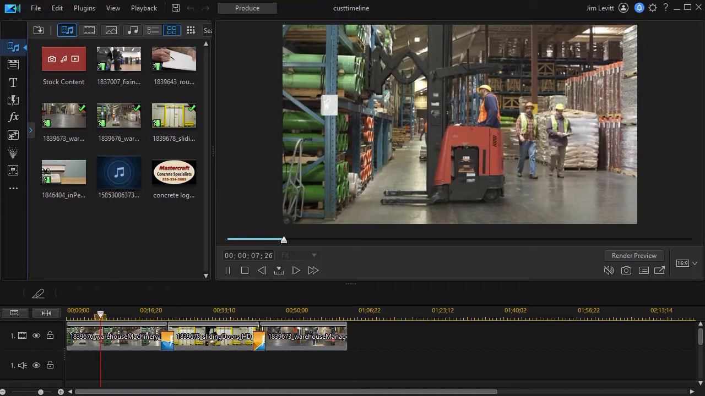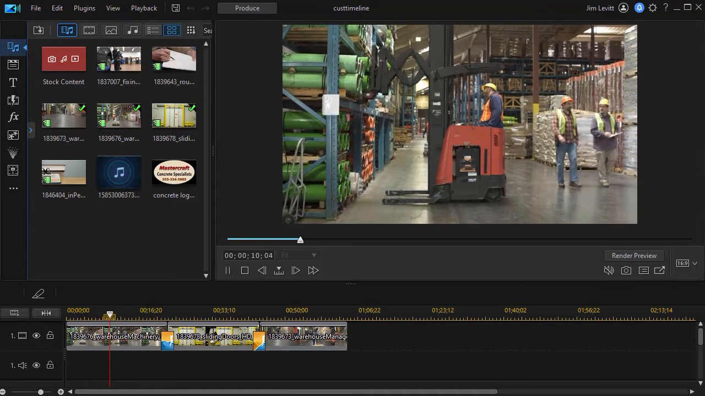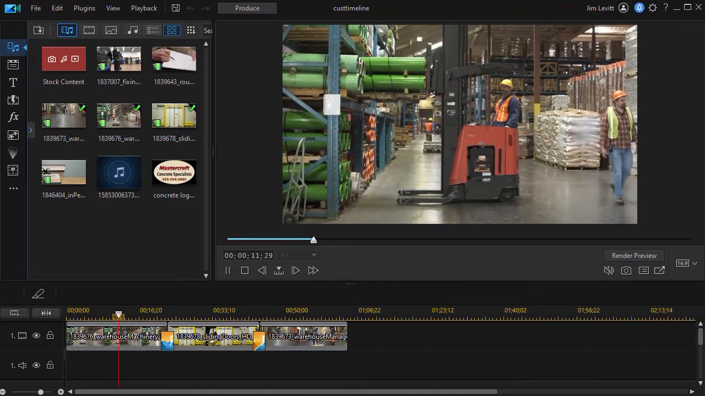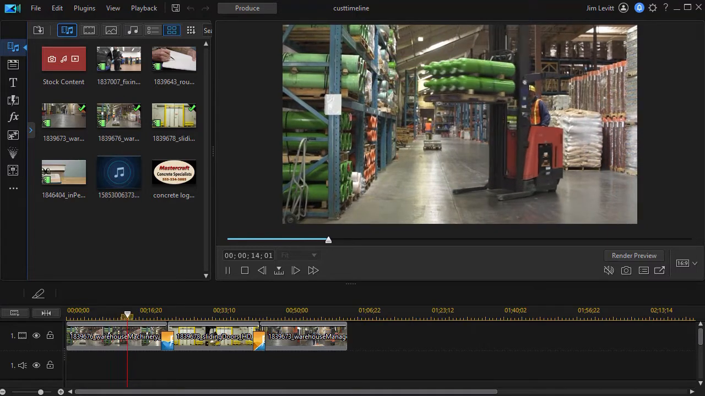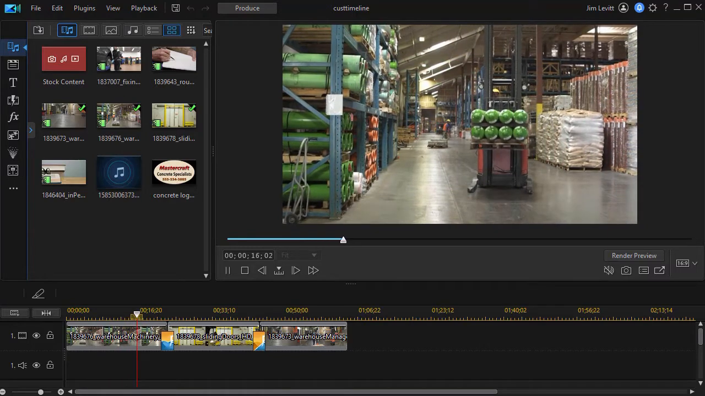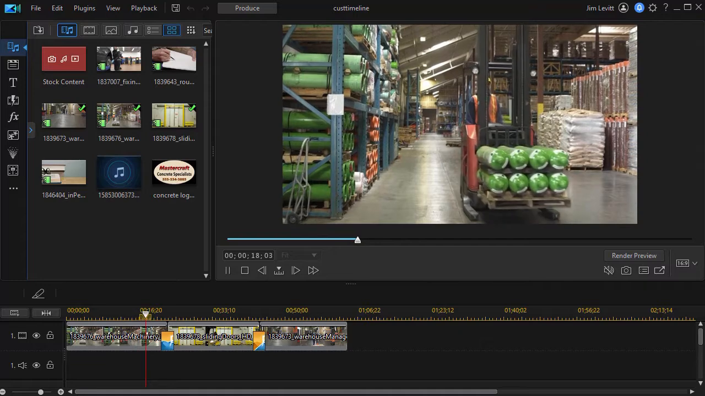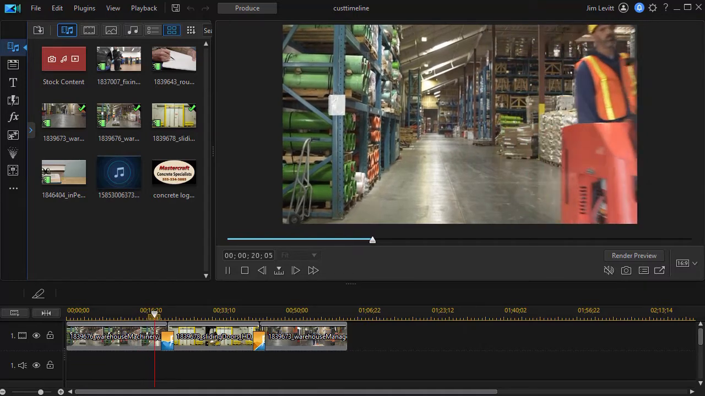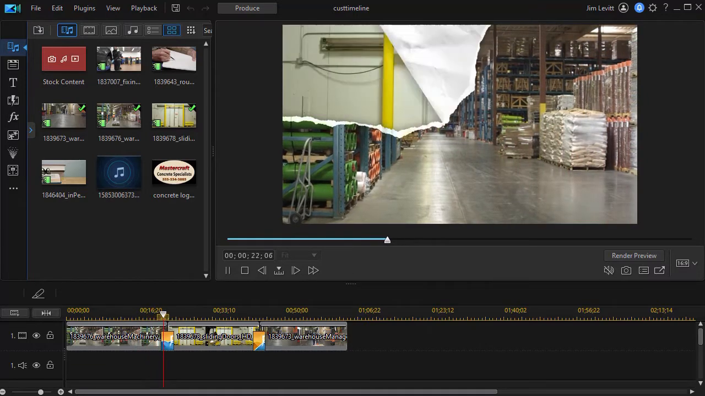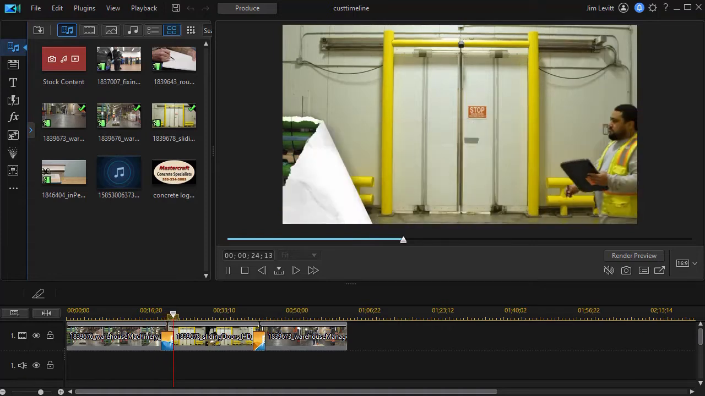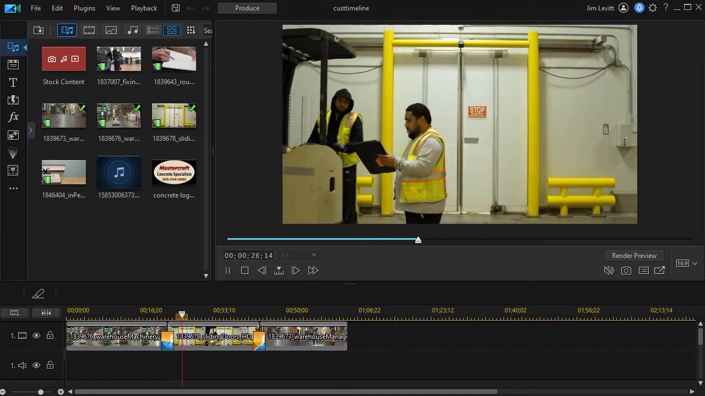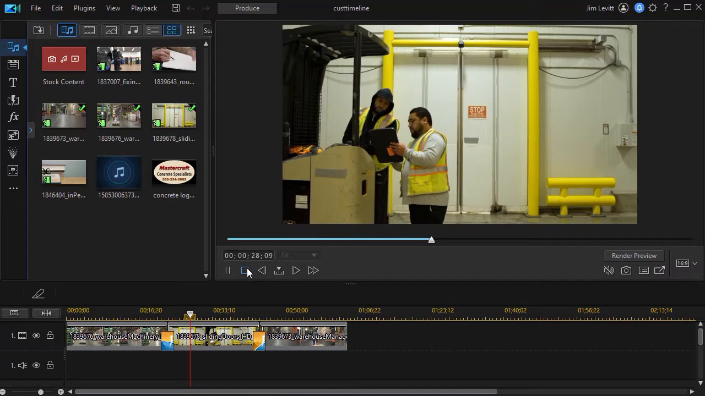In this tutorial in CyberLink PowerDirector, we're going to look at how you can customize your timeline track setup so you can adapt it to any particular project or your work style in general. On track number 1, you see I've placed 3 different video clips. They're all in a workplace situation. I'll stop that, and what I'd like to do is show you some of the things that you can do